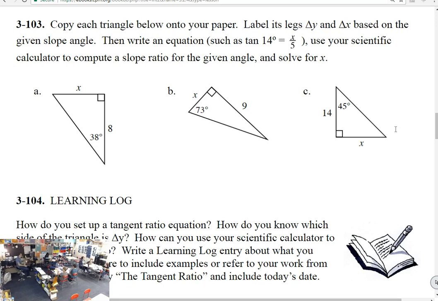So check out 103. How then can we use that button? Let's say we don't yet understand how to work with trig, because really you don't. Like, you've memorized the SOHCAHTOA, but you don't really get it yet. 38, right? So we see 38. And we know that if we talk about 38, it's going to be slope will be that over that, right? If we laid it down flat and we made that 38 degrees. So when you type in tangent of 38, what do you get?